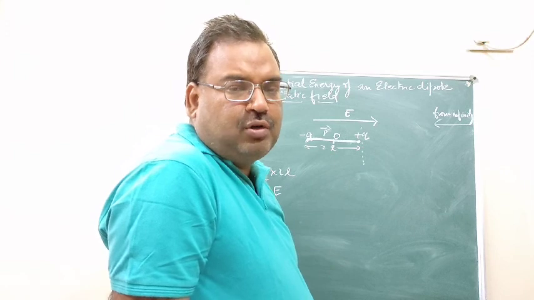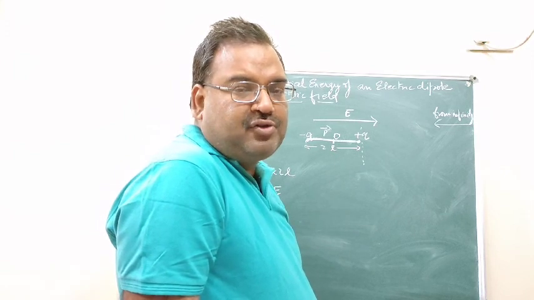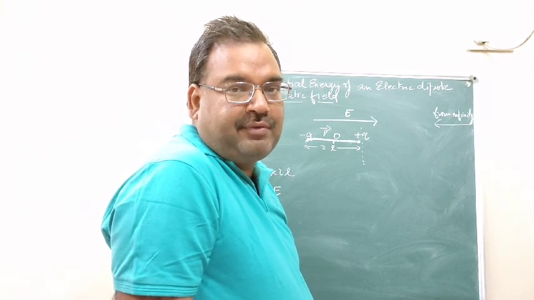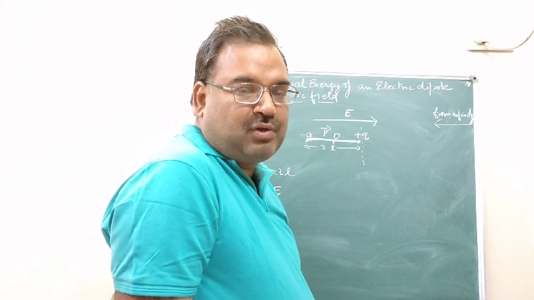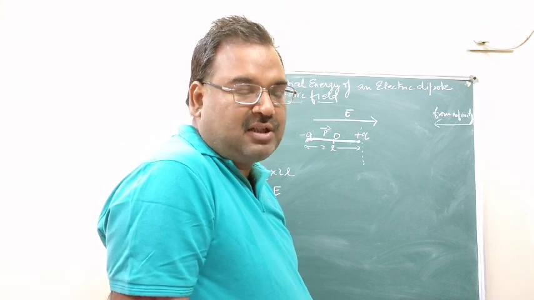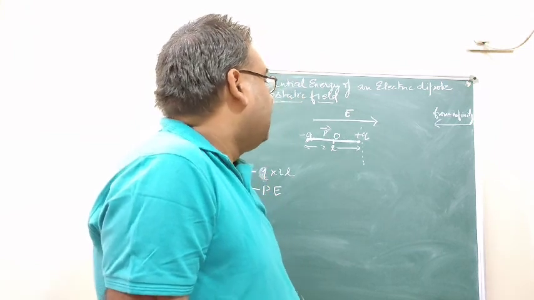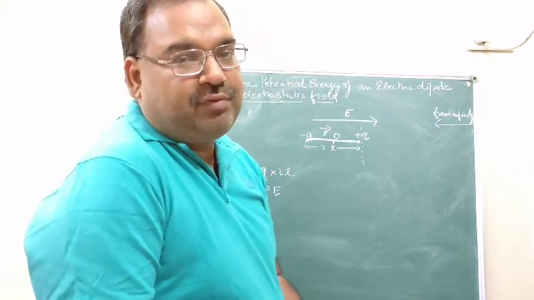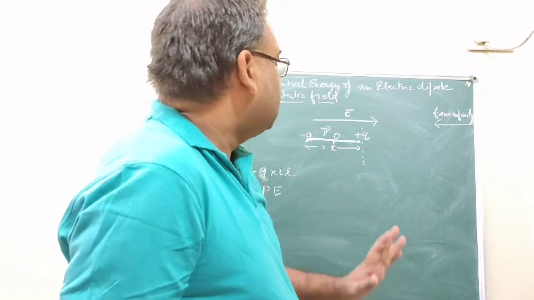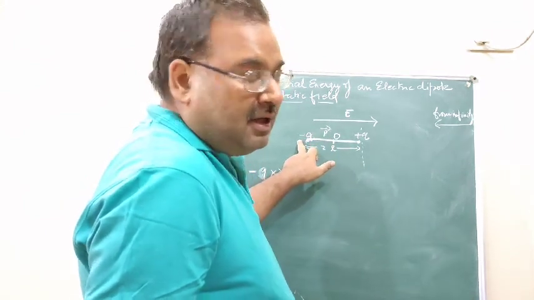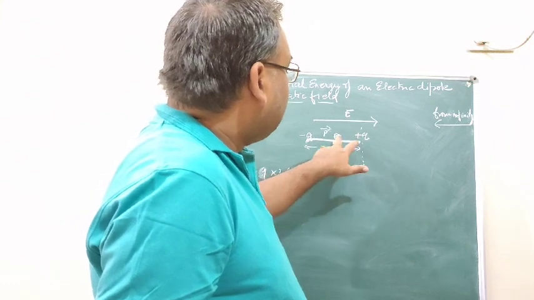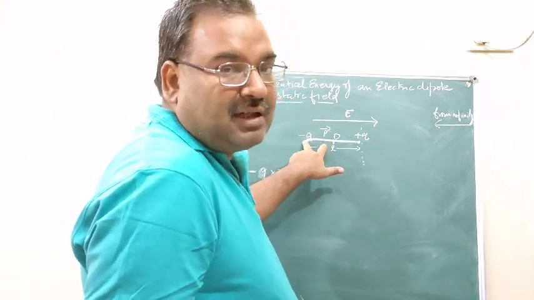So work done will be equal to 0 up to this point. In one case, due to positive charge, we are doing certain work due to the external agent, and for the minus Q charge we are getting the same work. But once the minus Q charge moves a 2L distance ahead, that is the extra amount of work that is done by the dipole.